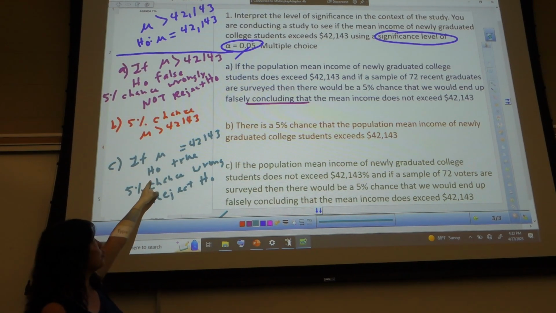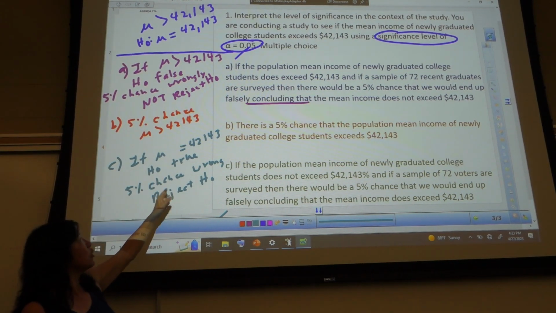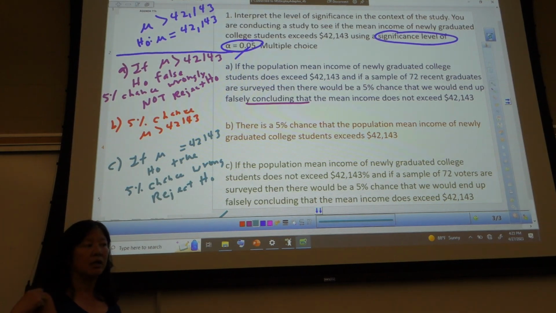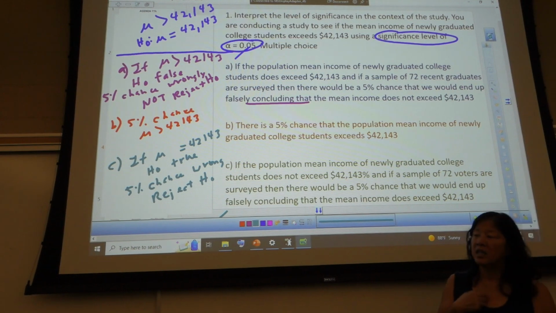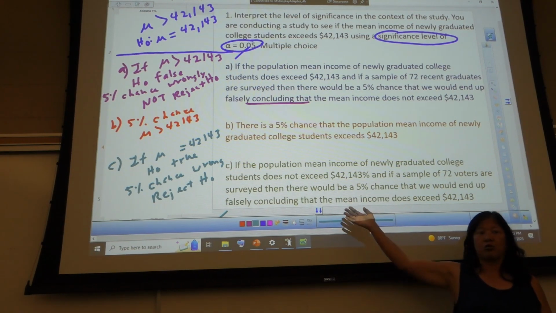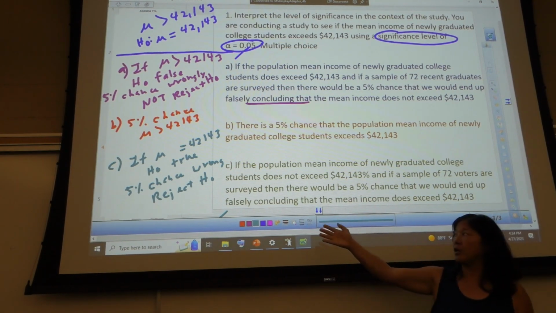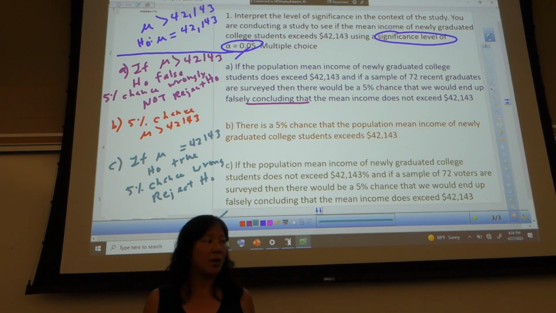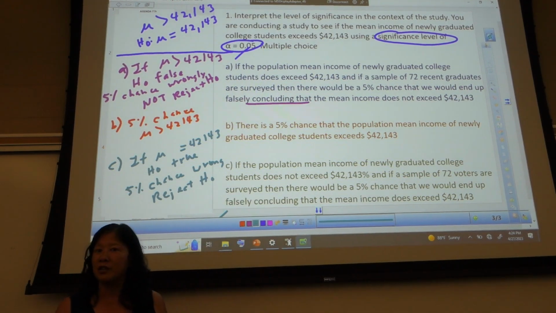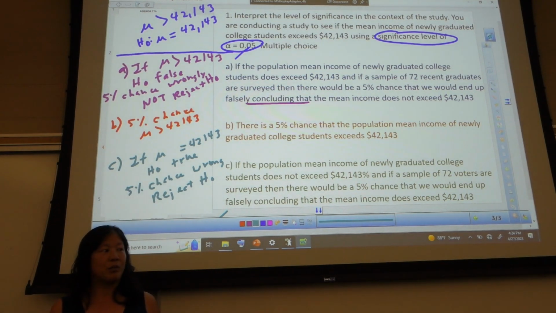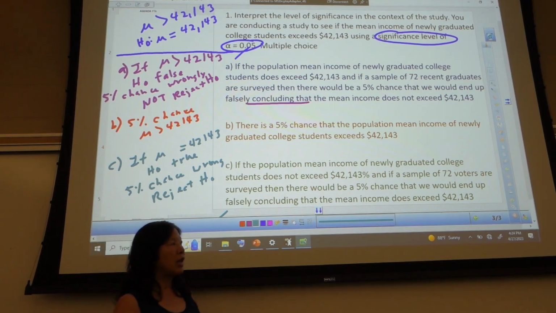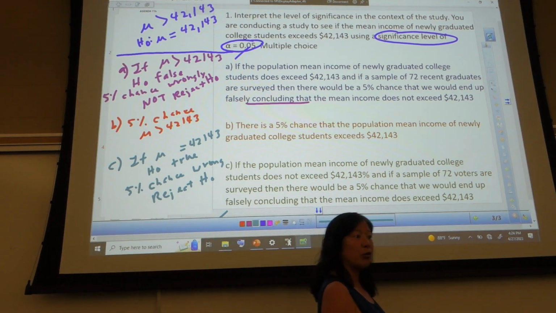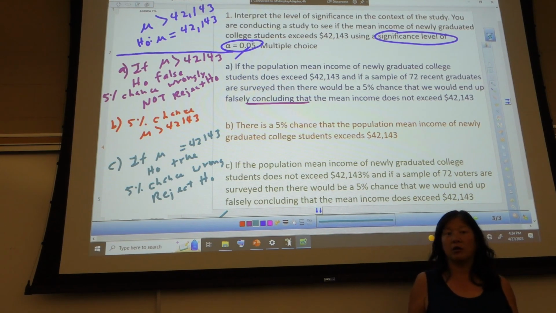All right, so H naught's true, but there's a 5% chance that incorrectly you're going to reject H naught. And again, that's just due to an unusual event. Which is why, if we're talking about trials and someone's life being on the line, we're not going to have an alpha of 5%. There should not be a 5% chance you get wrongly convicted. Right? You're really innocent. You know, I did not shoot that person, but there's a 5% chance I'm going to get convicted. That seems wrong, right? So in that case, if it was something like murder, your alpha would be really, really small, like 1 in 1,000,